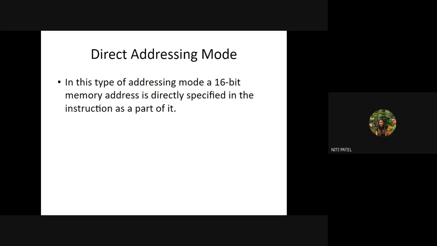0000H is the address where my data 35 is stored. So what is the 0000? It is nothing but the address. Now in the instruction, I'm not going to give the value 35, but I will give the address 0000. If I want to access the data 45, which is at location 0003, what will I give in the instruction? In direct addressing, I will give the instruction as go and access the data at 0003. Why? Because direct says go and take the address and then take the data.